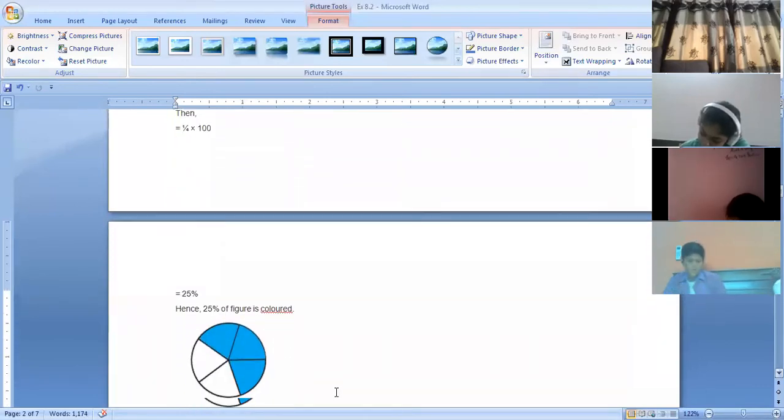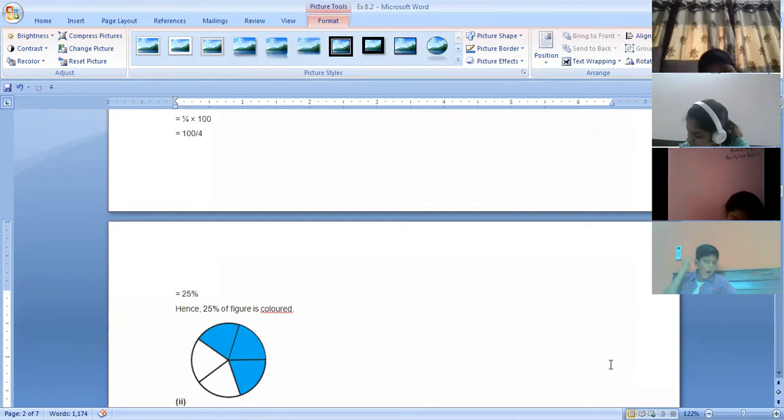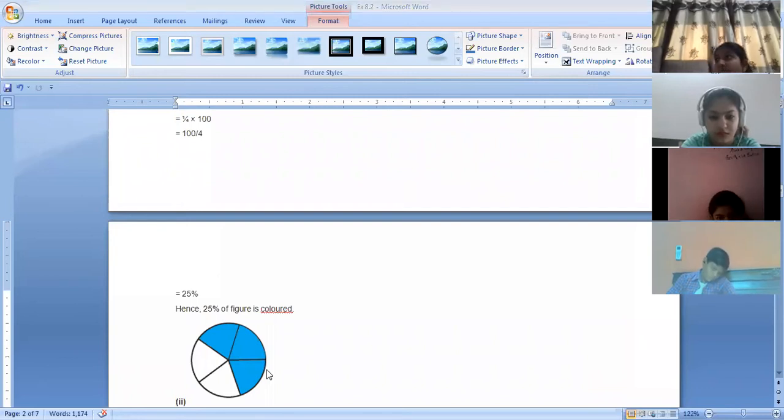This is the figure. So total number of parts over here are 1, 2, 3, 4, 5. 5 parts are there and 3 parts are colored. So the fraction will become how much? Yes, Vedika, what will be the fraction? Mahi is correct. Yes, ma'am. The fraction will be 3/5. That's right. Kavya, Tanvi, Mahi, everybody has given me the answer in the chat box.